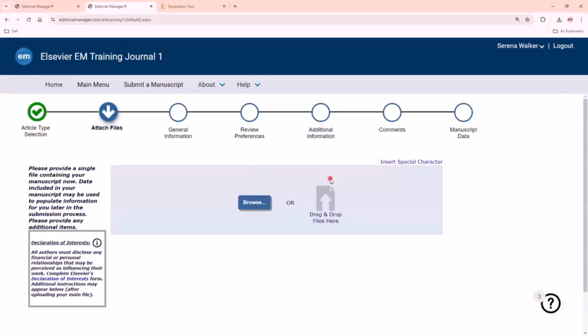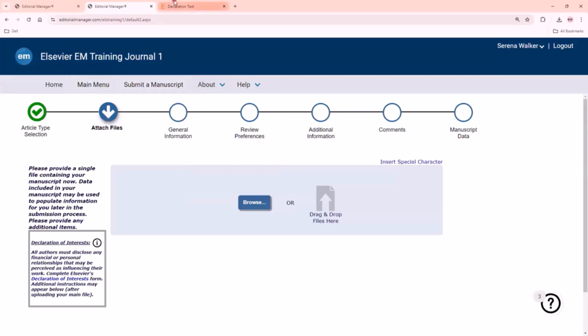Transparent disclosure of potential competing interests is essential to meeting your ethical obligations and nurturing trust in science. So we offer a declaration tool in Editorial Manager itself that will quickly and easily help you create a comprehensive statement which aligns with the ICMJE declaration standards. This statement will be uploaded as a Word document alongside your manuscript and will appear in your published article. There are two main areas where you could find it. One is, of course, in the instructions for authors or guide for authors link, which is right beneath about. And you will also find it here in the attach file step.